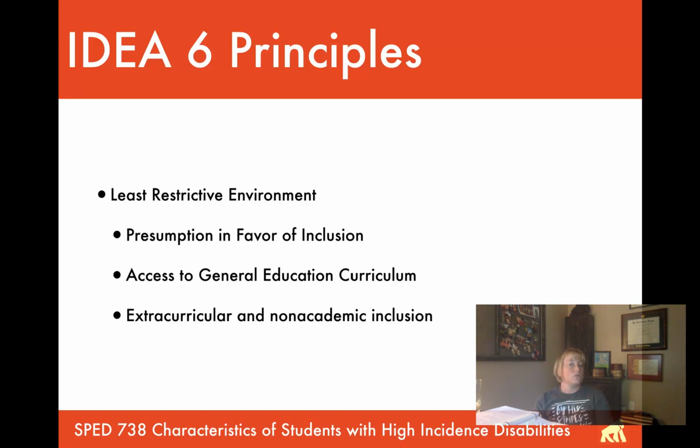The other part of inclusion that we often miss is extracurricular and non-academic inclusion. So are we providing opportunities for our students with disabilities, all as part of LRE, the least restrictive environment, to do things outside of the school day that the school is offering? Okay, so we're providing supports for them to do that. For example, last year our local elementary school has an art class after school that the art teacher does for about 6 weeks. It's about an hour after school each week. Josie really wanted to do it. I really didn't know how it was going to work because she needed an interpreter.